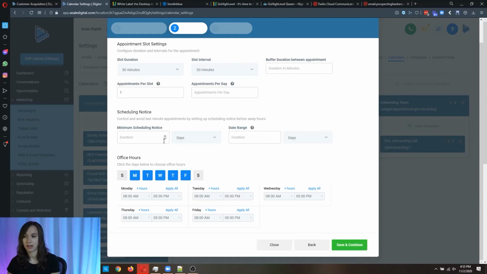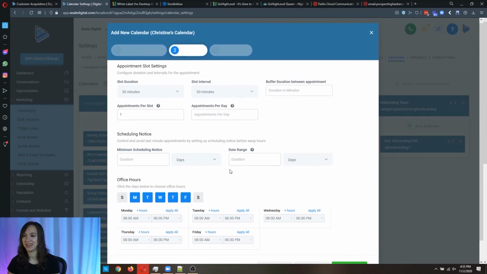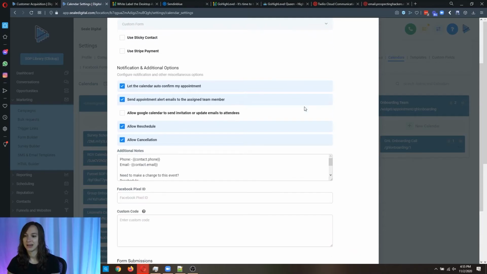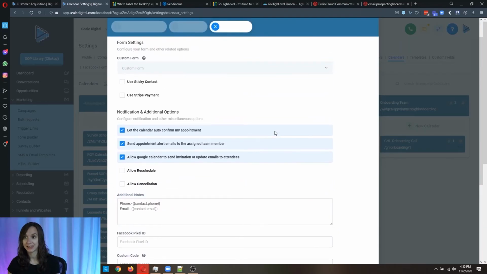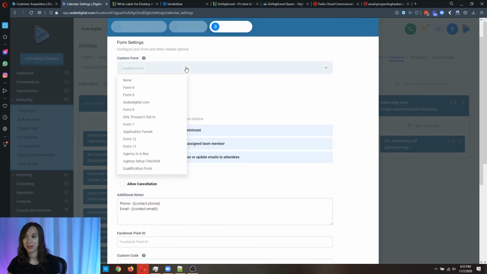I usually say like 6 hours, date range is 5 days. You can change the hours and then click apply all, and it like magically goes to all the days, which is cool. Here you can have the Google Calendar send an invitation. You can disallow rescheduling and cancellations. You can add a qualification form.